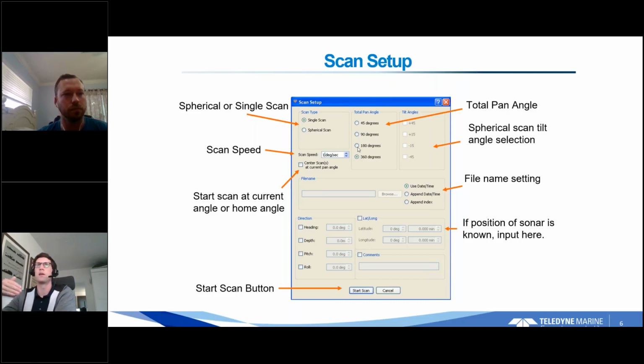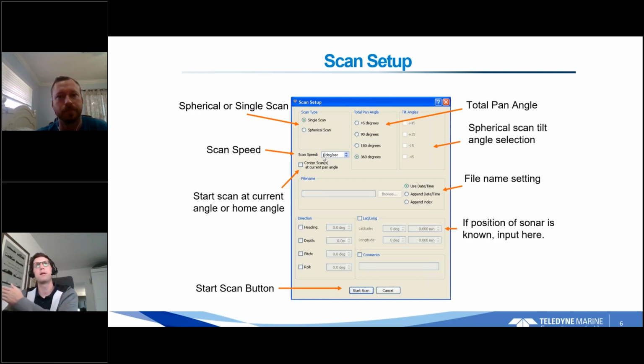Also, if you're in a kind of rough environment, you need quicker scans. You don't really have time to do a full 360, and again, you only care about what's in front of you. That's where 180 might come in handy, maybe 90. I've never used 45 degrees, so use that at your discretion, but most people generally stick to the full 360, time permitting. And then speed, a brief note on speed: it goes, I think, from half a degree all the way up